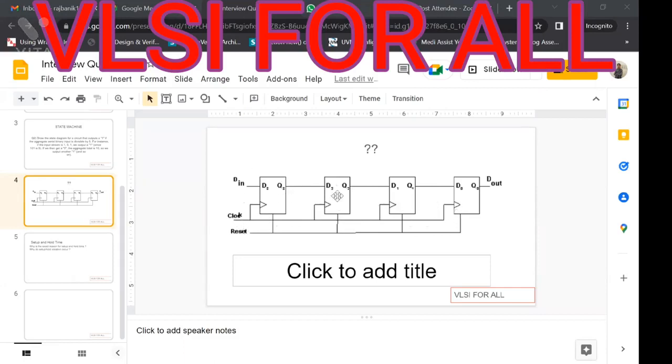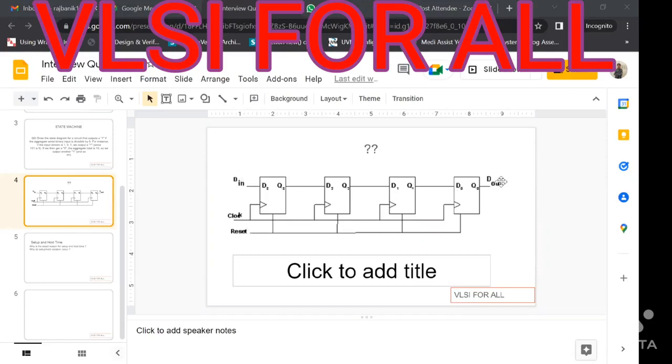let's say you have implemented this circuit in the lab. You have used some ICs. You have used a breadboard. You have connected this Q2 to D2, this Q2 to D1, then Q1 to D0 through real wires in your lab breadboard. Okay. Then you have set the clock here. You have given a particular frequency,